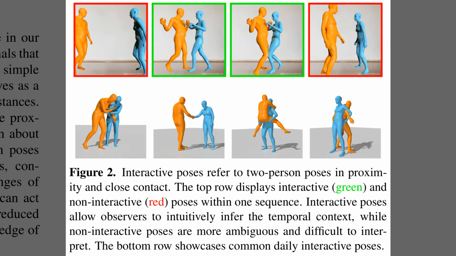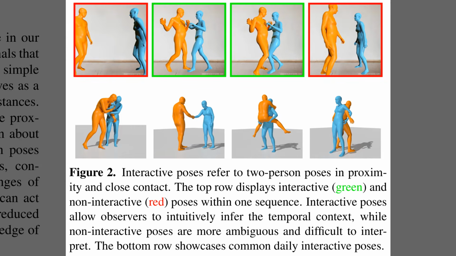Well, Figure 1 showed end-to-end animations seeded by an interactive pose. Figure 2 illustrates what counts as an interactive pose, which means two people are in close proximity or contact, so the moment strongly hints at past and future motion. The top row contrasts green-framed interactive moments with red-framed non-interactive ones that feel ambiguous. The bottom row presents familiar interactions like hugging, handshaking, or carrying, emphasizing that these contact-rich frames serve as reliable anchors